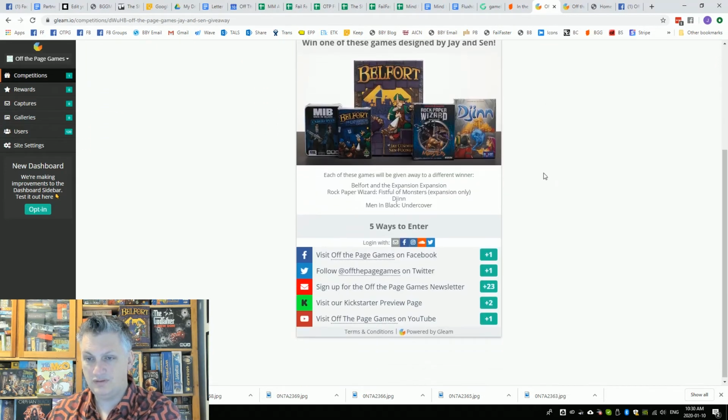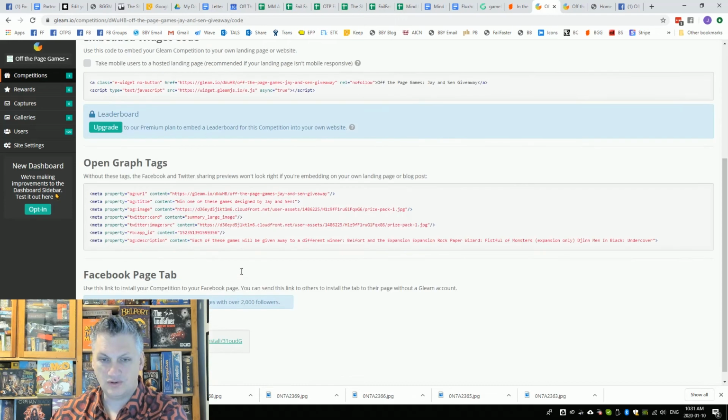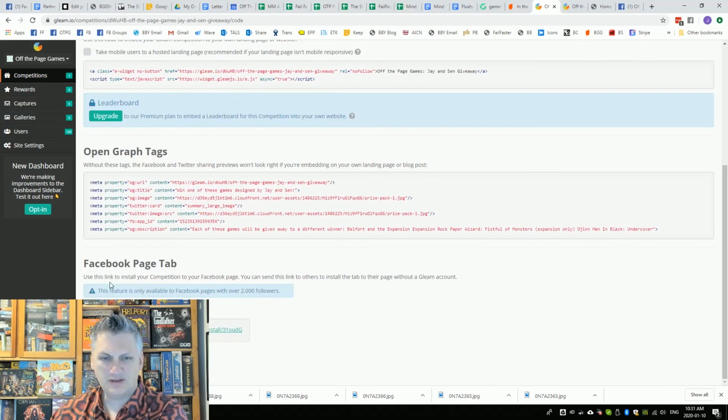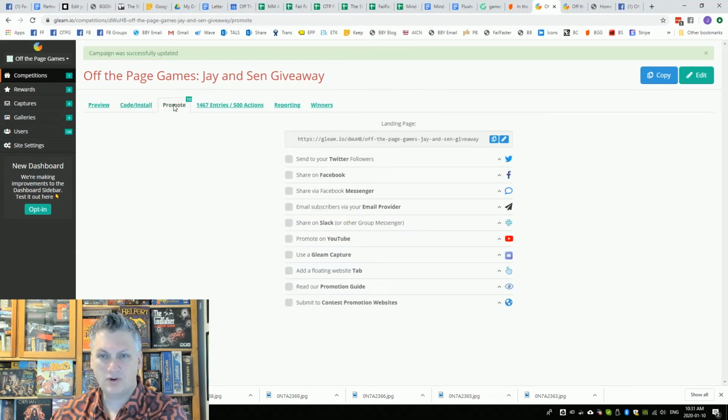you get the preview. Here again, instead of going back and edit, you can go back to here to copy this and put this into your website. You can put it into a Facebook tab, page tab, which I don't really fully know what that is. That confused me for a little bit. Or you can just go here to promote, and you can have this Gleam send messages out and post things for you. And you can just copy it here to your clipboard, and then you can go and paste it